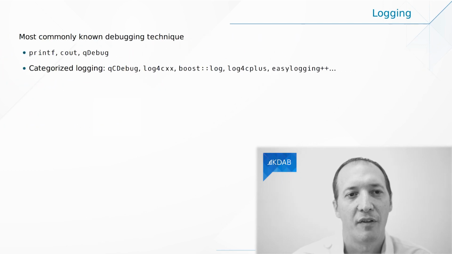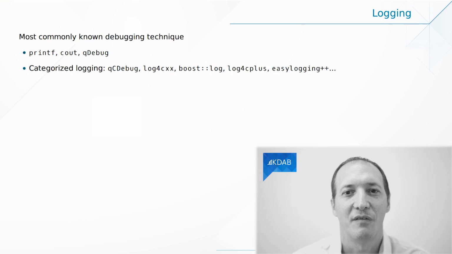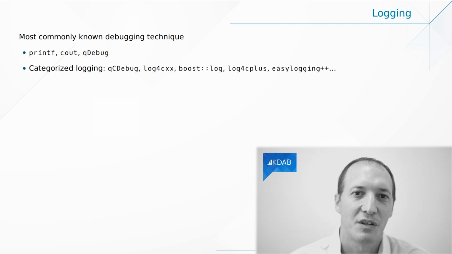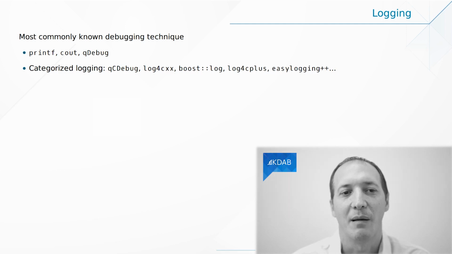All right, let's talk about things that look a little bit more like what you would expect in terms of debugging. The most well-known debugging technique would be printf, right? Some logging of messages for figuring out which function I'm going through, what is the value of this variable, and so on. So there are many variants to this. Obviously, the ones that are part of C and C++, like printf and cout, or those that come with your framework, like QDebug in Qt, or Boost has something, and then there are additional libraries like log4cxx and some others that I listed here, which give you more features.